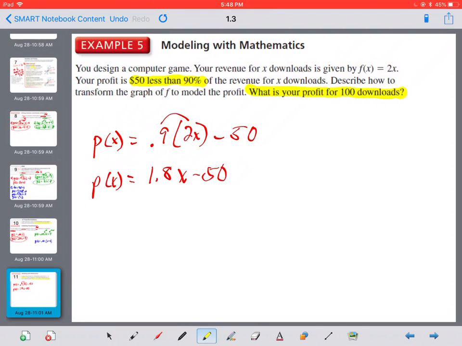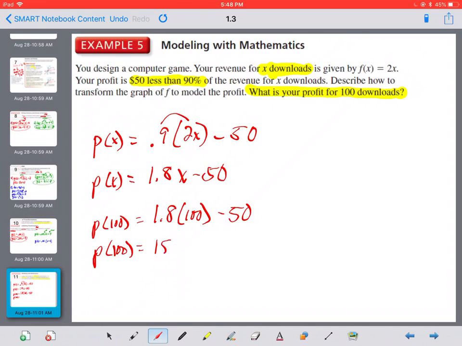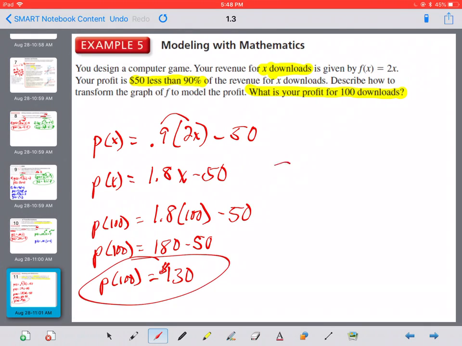And then we have to make sure we answered the problem. So we go look back at the problem, we look at the question mark and go back. What is your profit for 100 downloads? Well, downloads is x. So I need to plug in not x downloads, but 100. So I'm going to put a 100 in for x. So P of 100 is 1.8 times 100 minus 50. The profit for 100 downloads is 180 minus 50. So the profit for 100 downloads is $130. So we had to